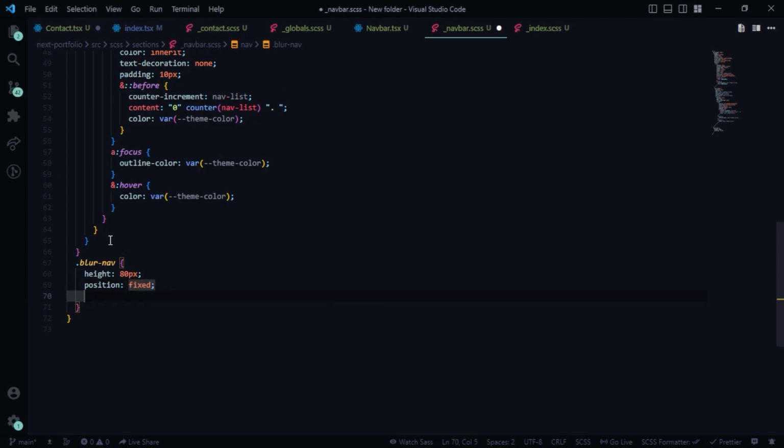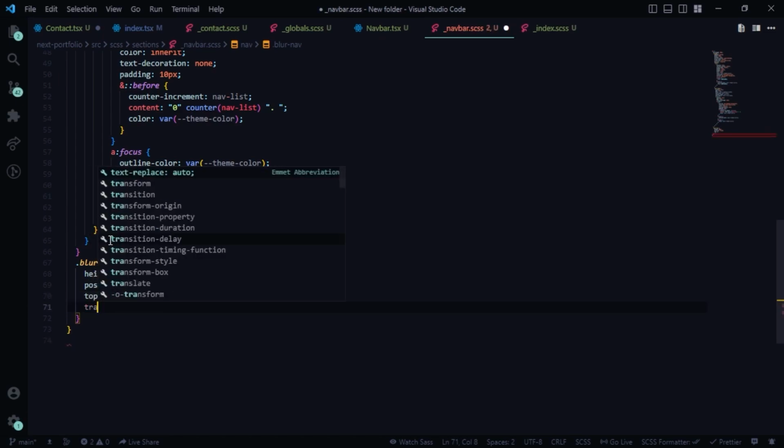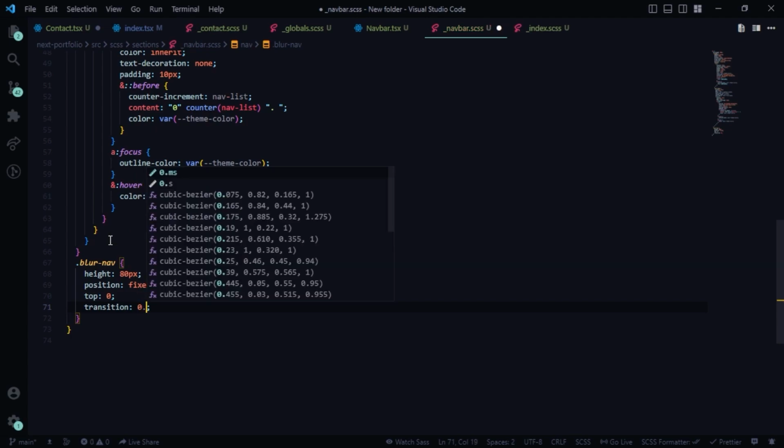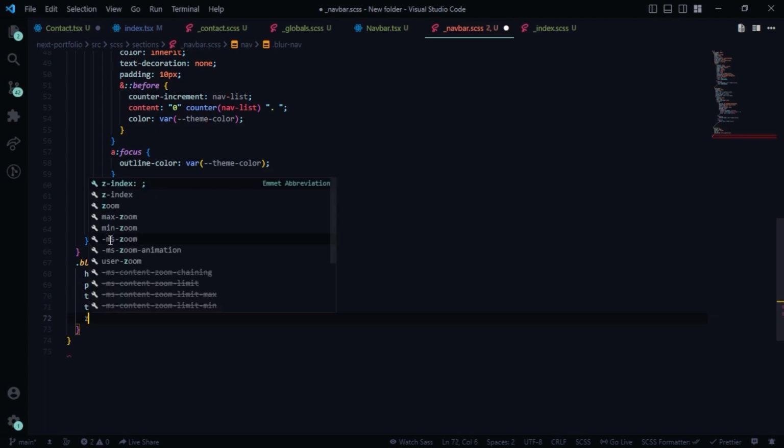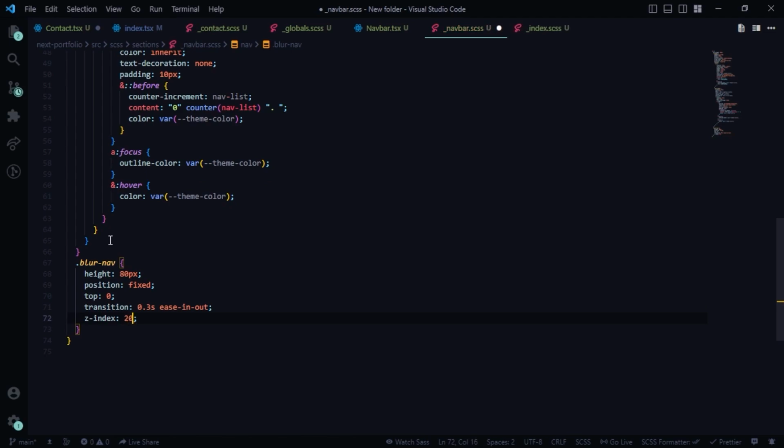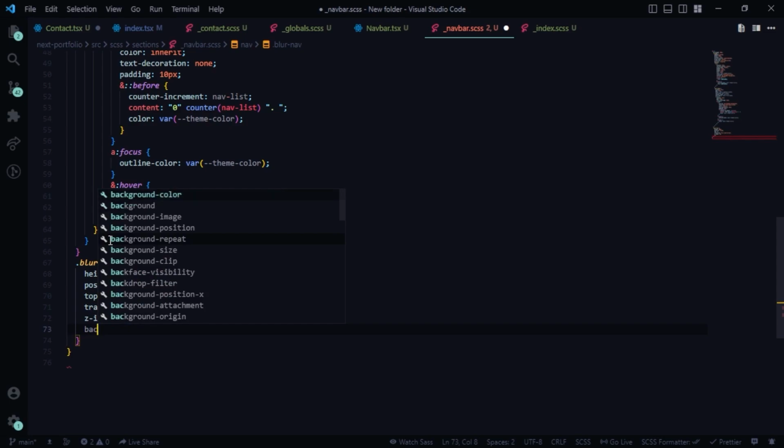After that I will give it a top of 0, and transition would be our default 0.3 seconds ease-in-out. After that we'll give it a z-index of 20, and background color would be